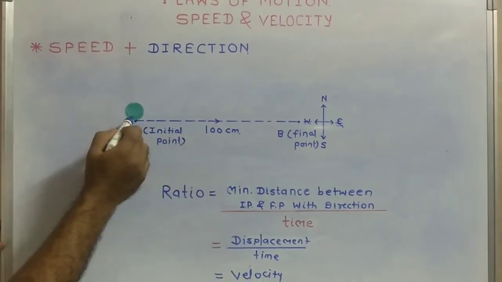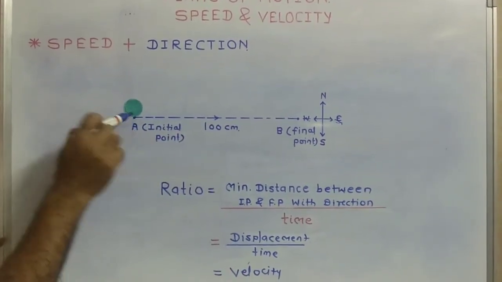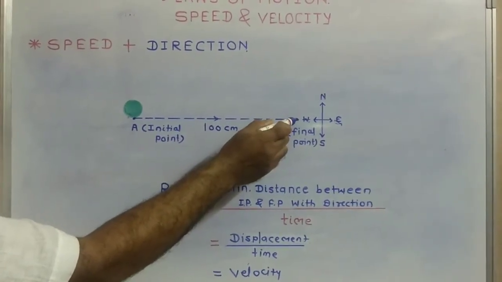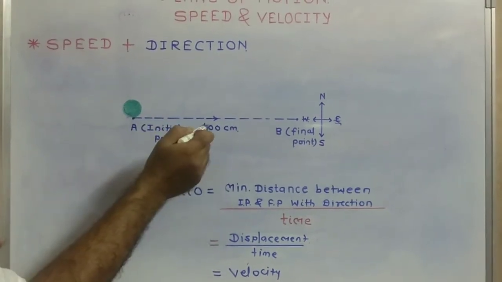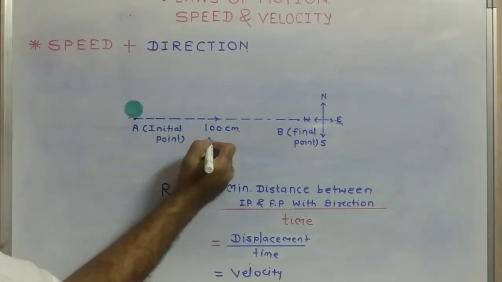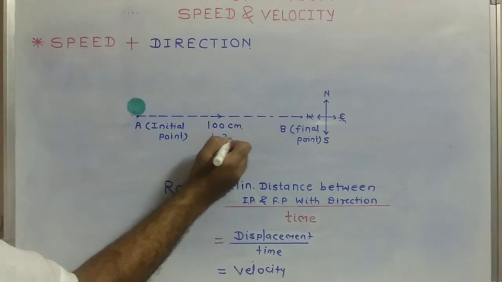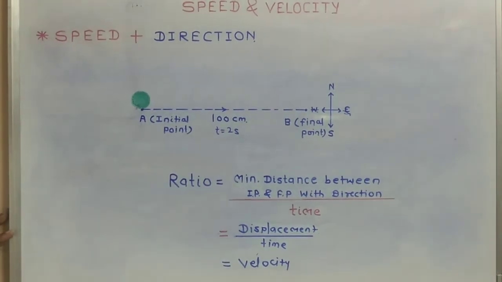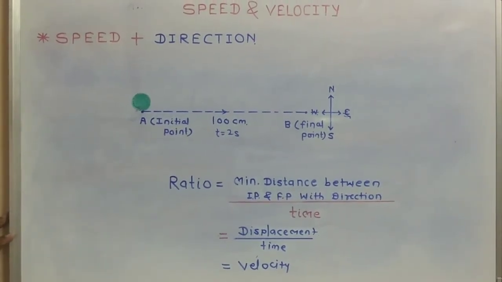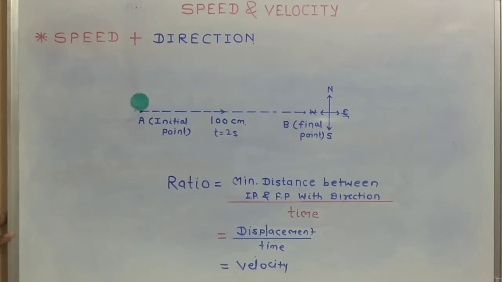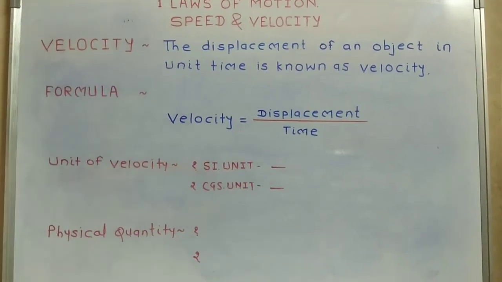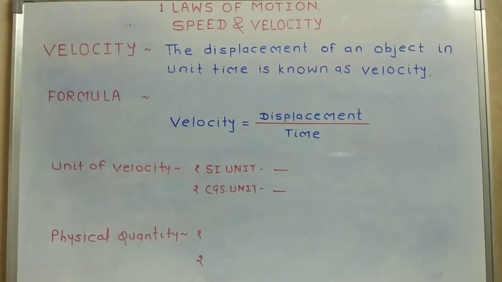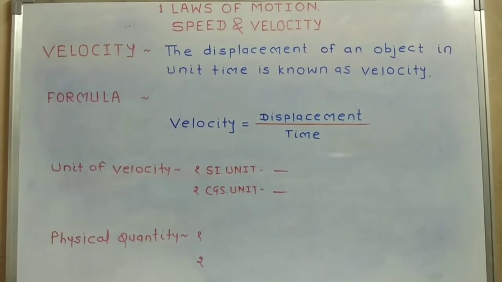Now we have got a quantity here. Suppose this is the ball at initial point A and it is moving towards the eastward direction and reaching point B along a straight line. The distance is equal to 100 centimeter and suppose it is covering it in how much time? 2 seconds. Then what will be its velocity? 100 divided by 2 seconds. Then this comes out to be how much? 50 centimeter per second. Velocity can be defined as the rate of change of displacement, or you can just consider it as a speed with the direction.